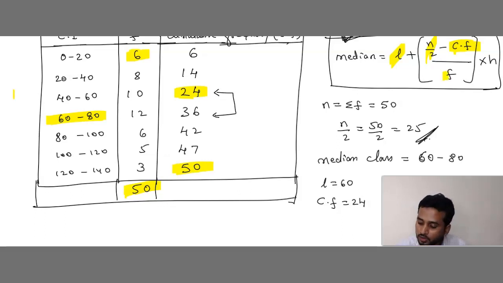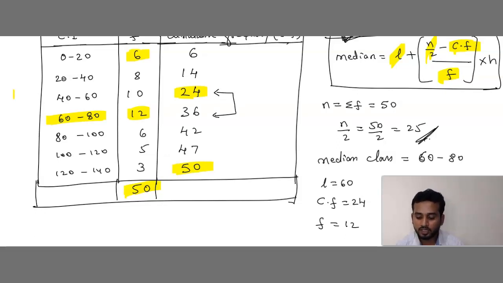Next what we want is f. To get f, you come down again, because from that line we have finished. From the 36 line we got one number, so we leave that. Again go to the top, cumulative frequency. We got one number from that line, so leave that. Again come down. It's just down, up, down. Understood? That's nothing but the frequency. So what is the frequency from 36? 12.